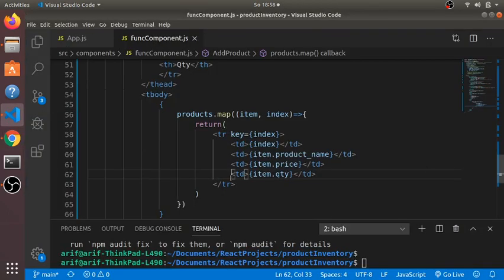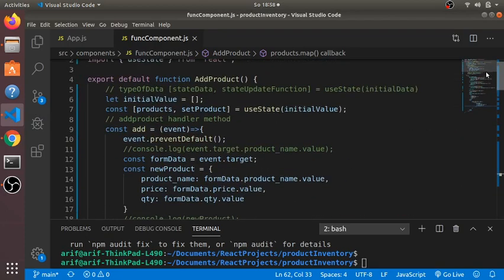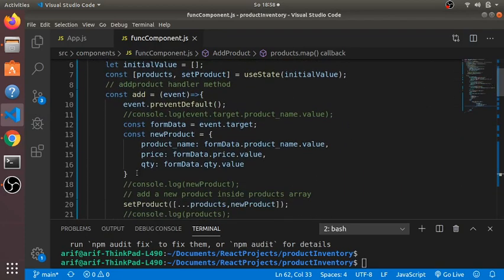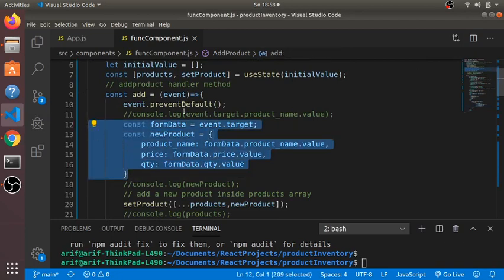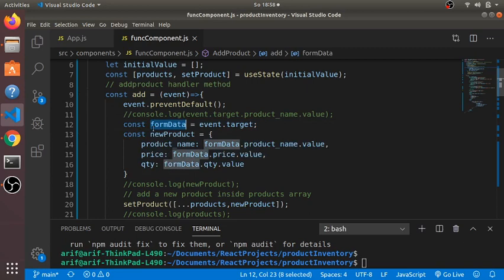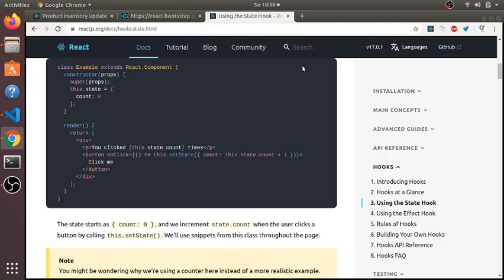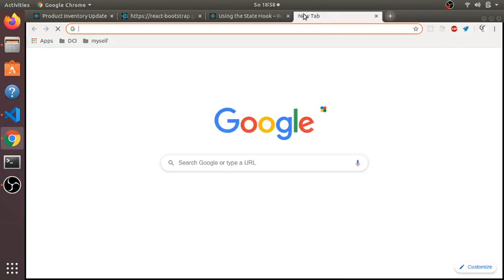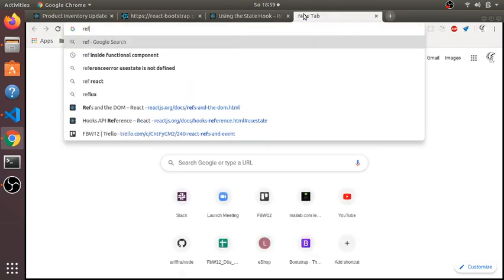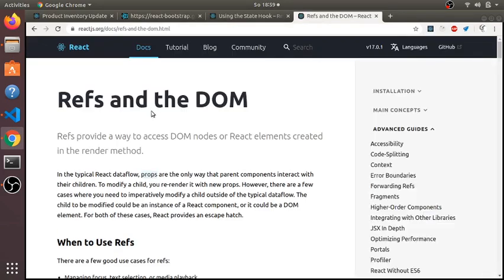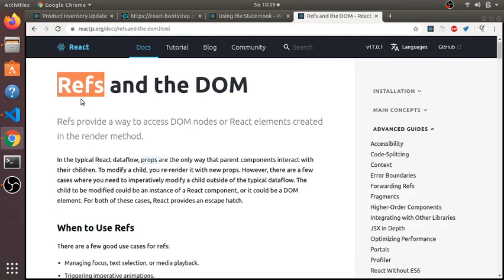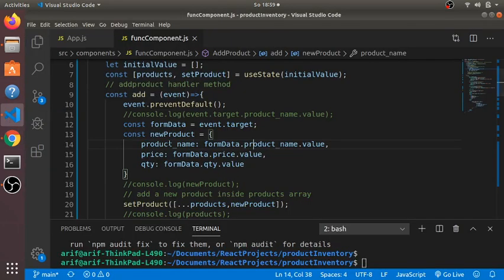That is our first part we did using td or something. But let's look into our code. We did everything using synthetic events from React.js using event.target. But if I use createRef, or ref from React.js, you can see here, ref and DOM. I already used the link here, and you see the ref is a property in React.js. So this is not the JavaScript part. Event.target or synthetic event is a JavaScript part, so you can use any JavaScript code,